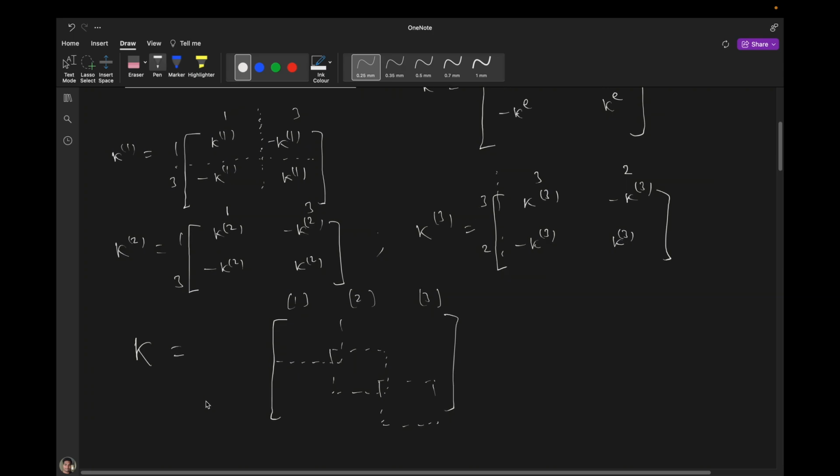So what will I write? If I do all those combinations, you can write like this. For the first entry, 1 1, you have to write k1. Here you can also see that 1 1 is matching, so these two should be added: k1 plus k2. I will erase this so that I can write this clearly.